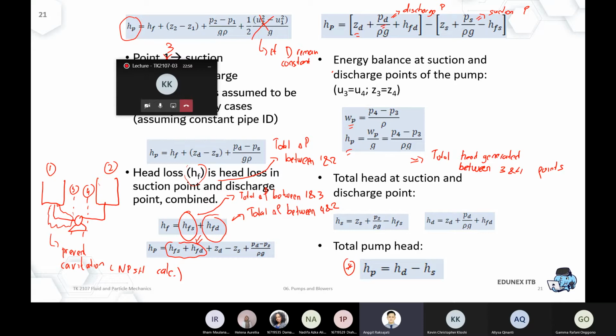Okay, I would like to check your understanding. Look at this reference point, okay? 1, 3, 4, 2. Can anyone help me to rank the total head in all 4 points? In point 1 until 4, from the smallest total head up until to the highest. What would be the rank? Which point has the smallest total head up until the highest total head between 1, 2, 3, and 4?